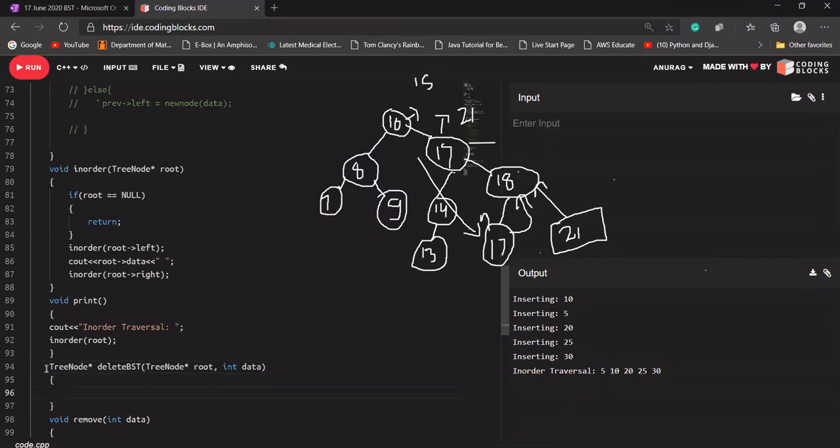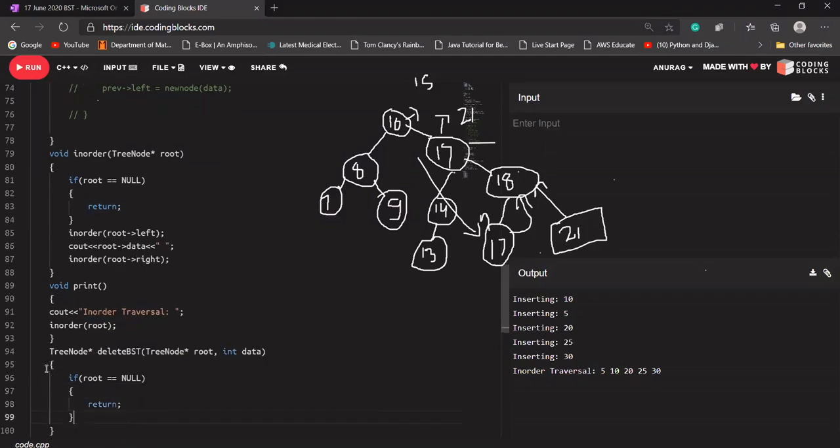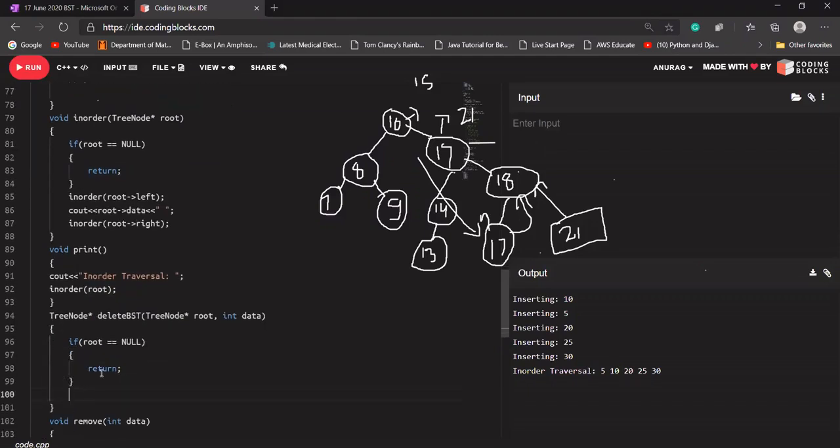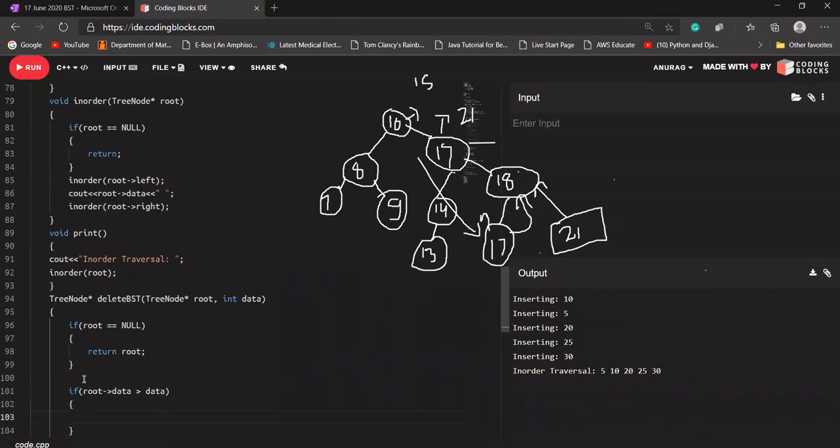In this case, I'm going to check if my root equals null, first return. If root is equal to null, return root or null. The same thing. If root's data is greater than the data, it means I'll go into my left side, because the data is less than root's data.